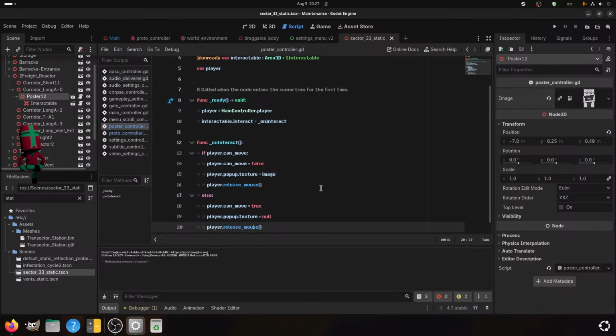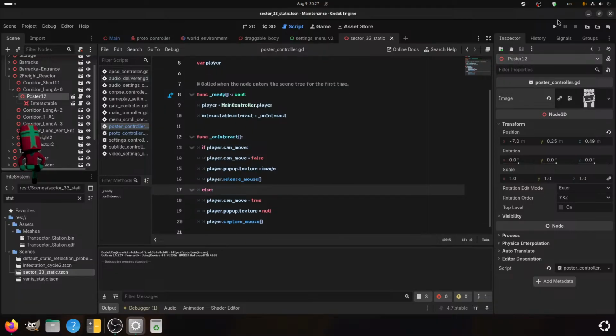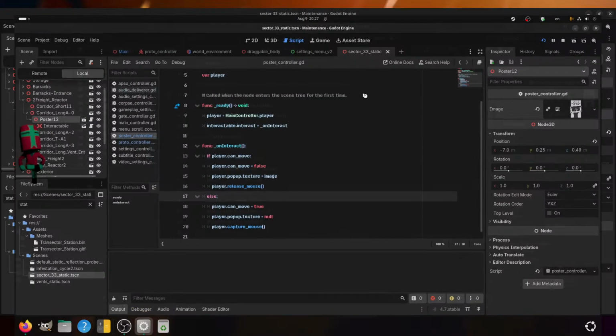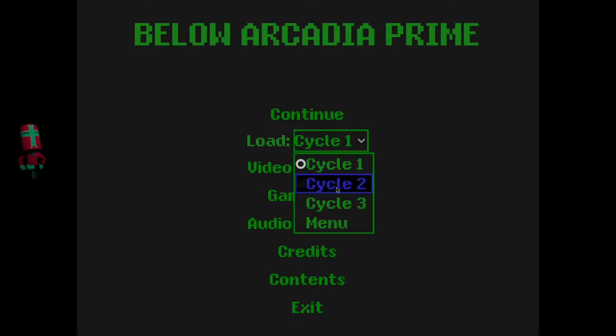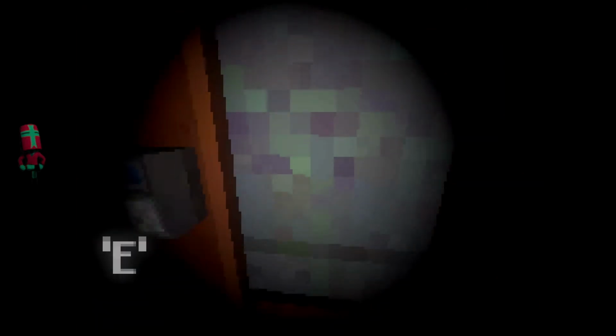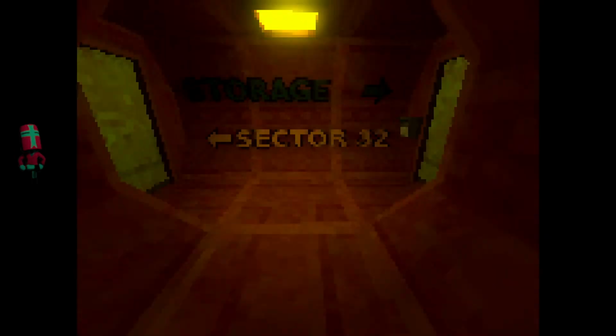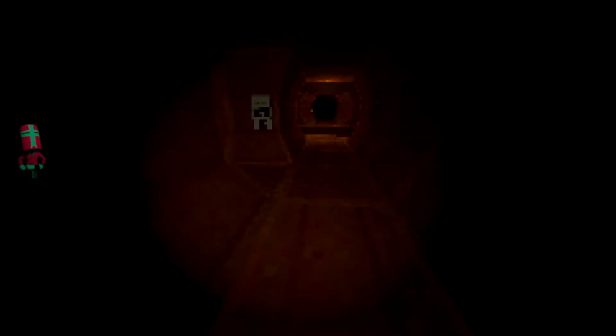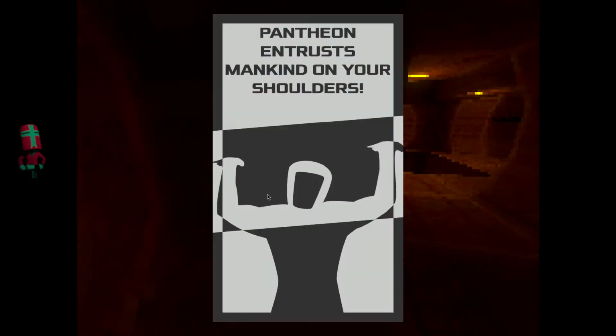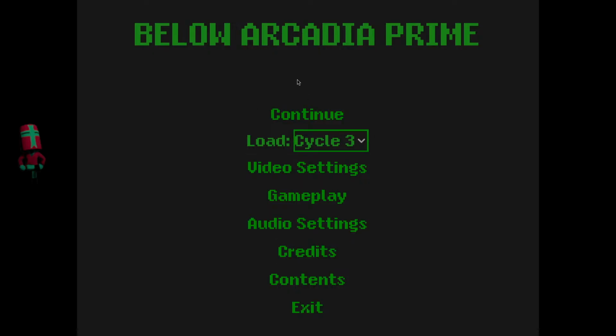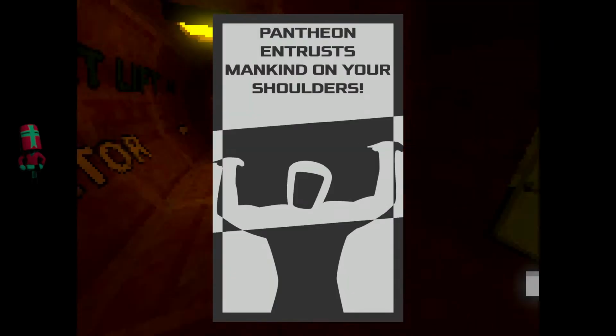And capture mouse. Okay. So that is working. It should all be functioning correctly. Excellent. I can still access the menu from here.